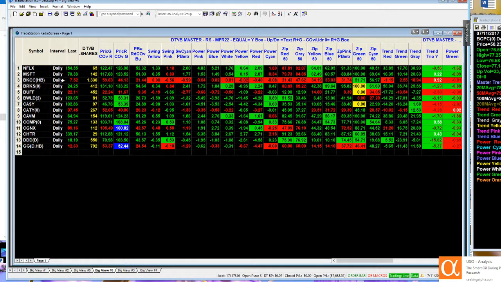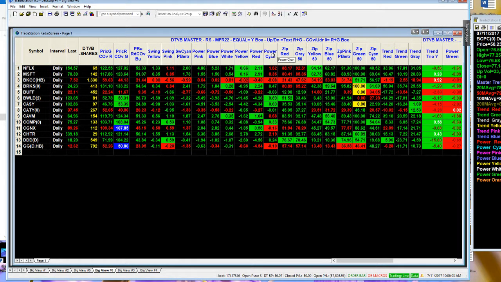Right now, on the third one, it's BKCC, and we have about 10 or so red boxes. What it's telling us is that those lines are crossing under zero. The lines that I like to look at most often for the crossover are right here in the power lines, because the power lines are